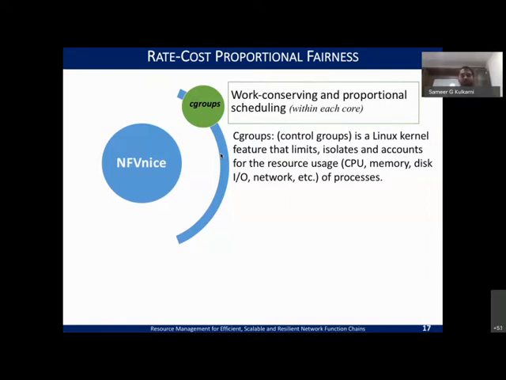For a process, you can rate limit or limit the usage of those resources and ensure that you can isolate that from the others. So that means if I have a resource and I have multiple people trying to contend, you can guarantee that this resource is given this much allotment, and that can be managed through C groups. So you can utilize this to ensure isolation for a given resource access.